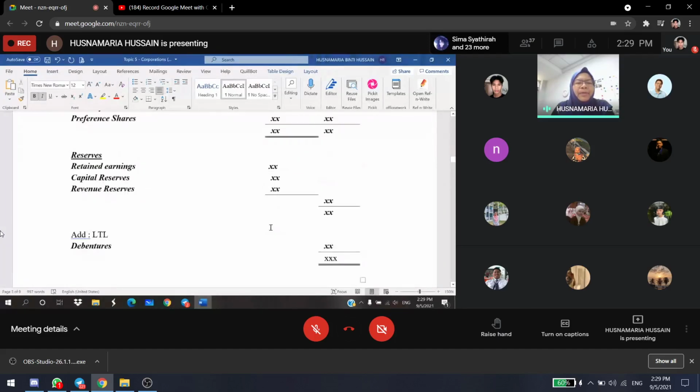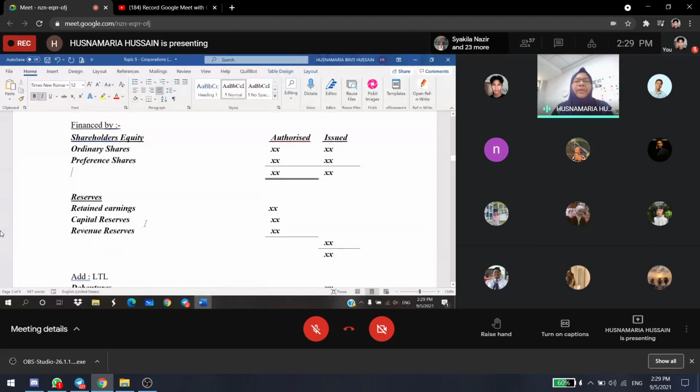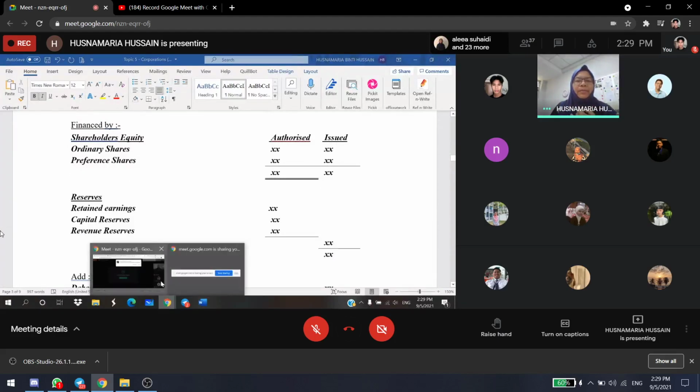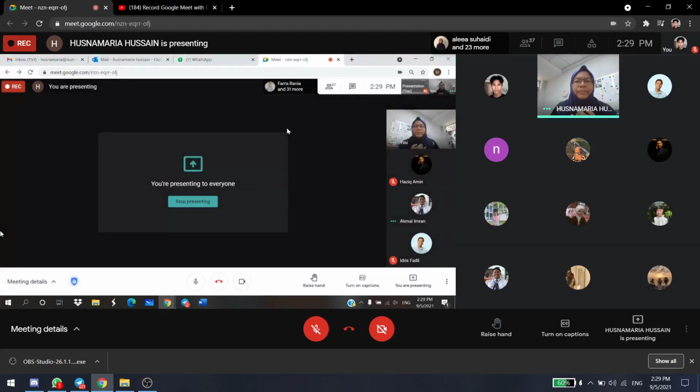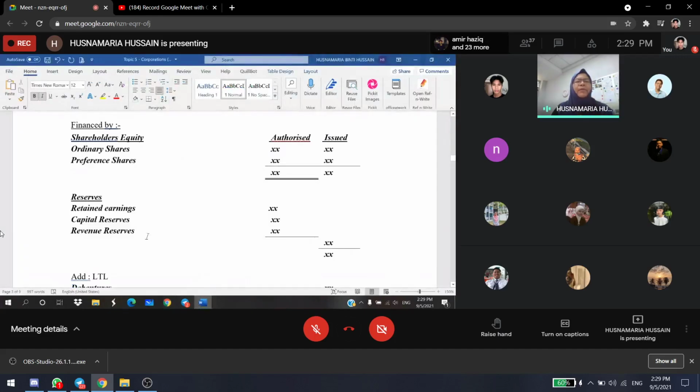And all the other capital reserve and revenue reserve. Capital reserve, share premium, revaluation reserve. Okay. And then revenue reserve, other revenue reserve could be apa tu, general reserve, okay, and then replacement reserve because retained earnings dah ada kat sini. Okay, so you total up shareholders equity plus with the reserve. This is the amount of the owner's equity. Okay, owner's equity